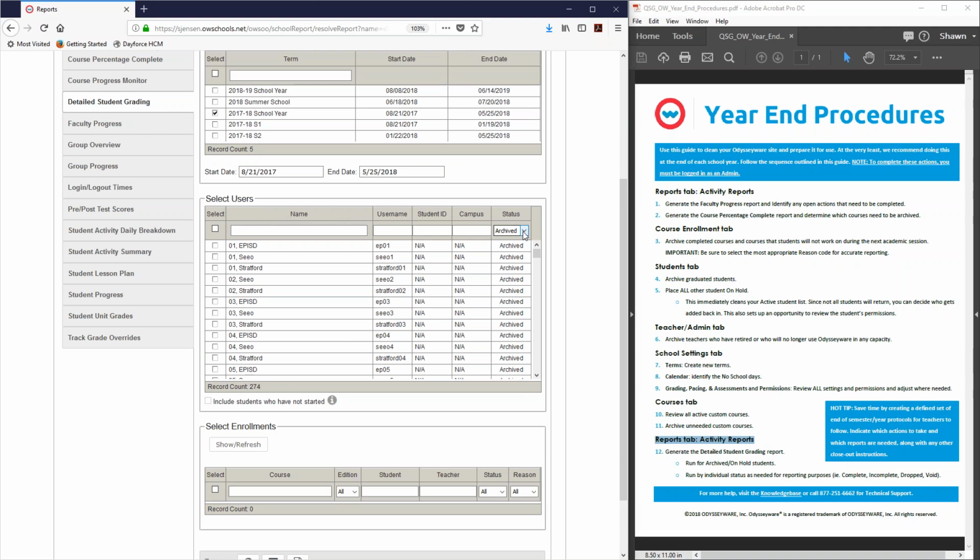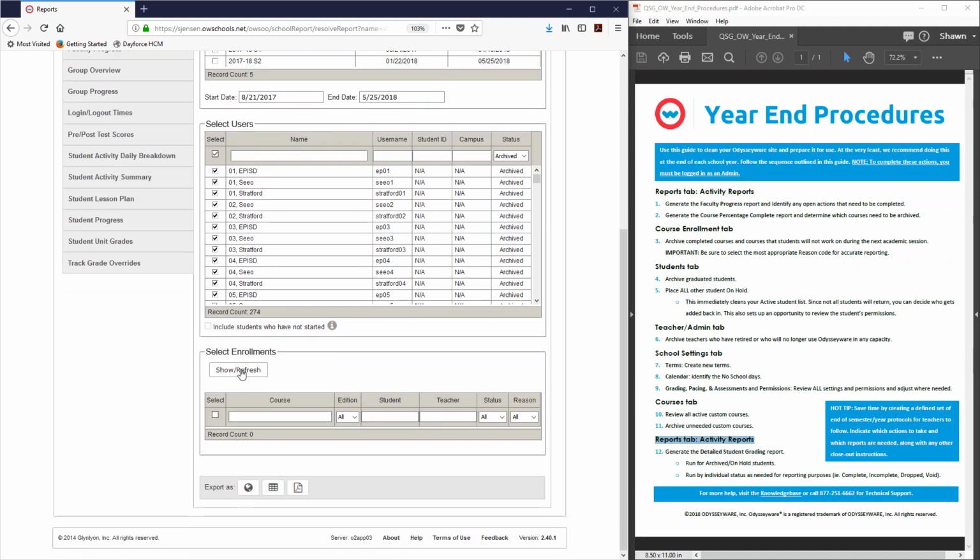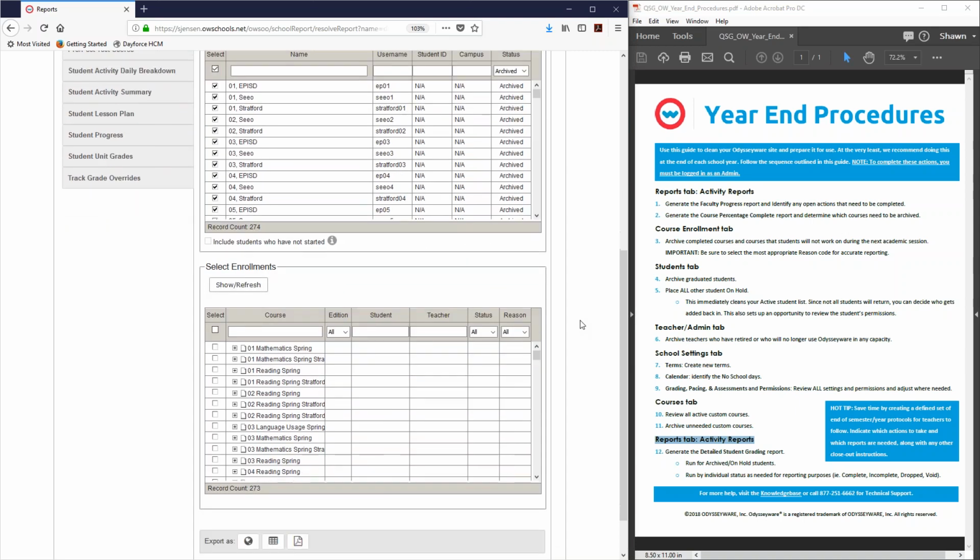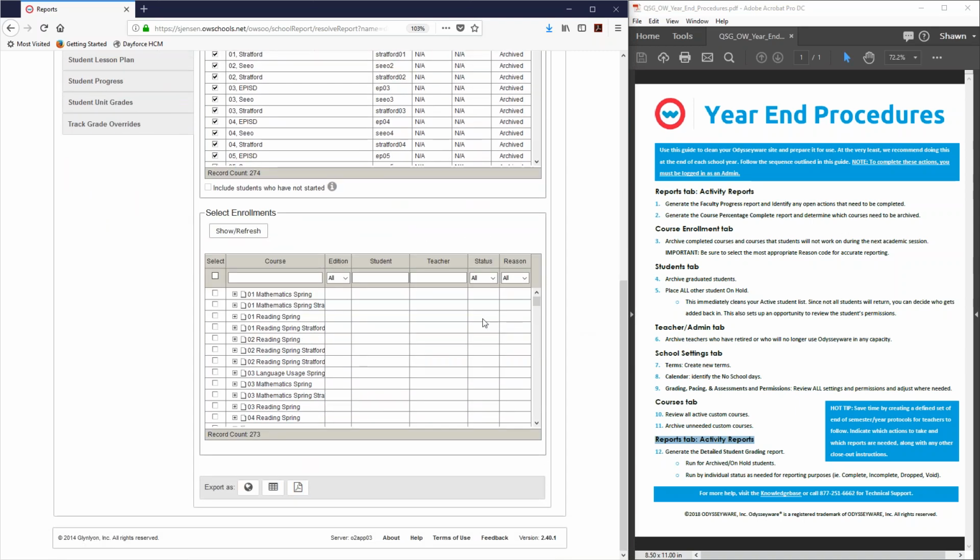I'm actually going to generate this report twice, by the way. So I'm going to generate it for my archived students, and then I'll come back and generate it for my on hold students. Because remember, we marked everyone else on hold, right? And we still want to be able to see that data as well. So for right now, I'm going to leave that as archived. I'll select all those archived students. Again, show refresh to show me the course enrollments. Okay. And I'm going to leave the status as all. That will get us exactly what we need. And I'm going to go ahead and select all of those